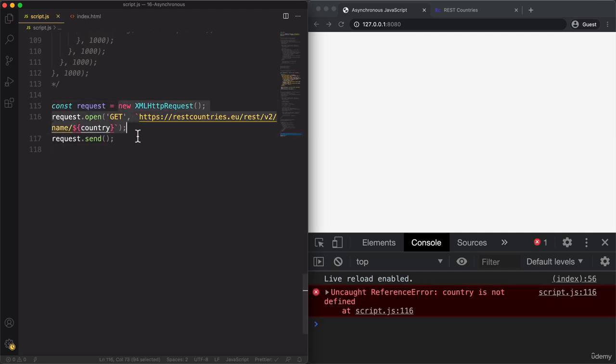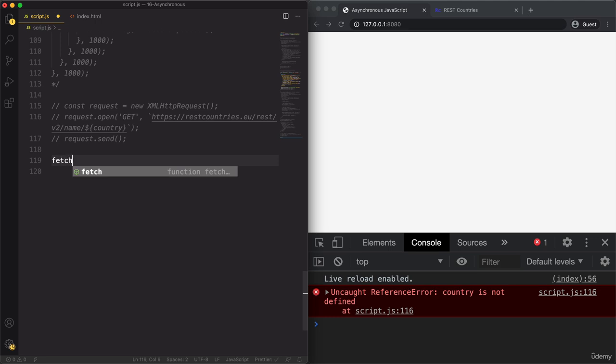Okay, so this is how we used to do it, and now all we need to do is to call fetch, and then with our URL, so let's just grab that part and then specify Portugal, and that's actually it. All we have to do now is to store the result into a variable, and let's still call it request